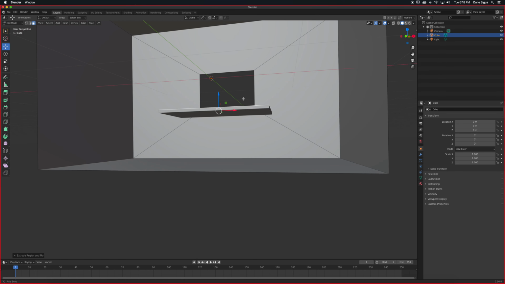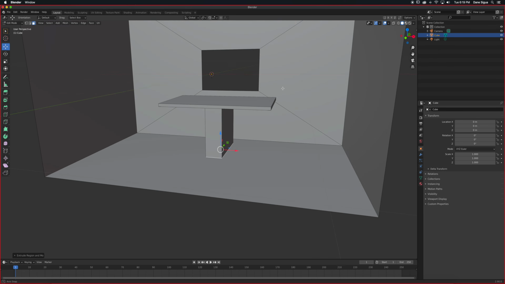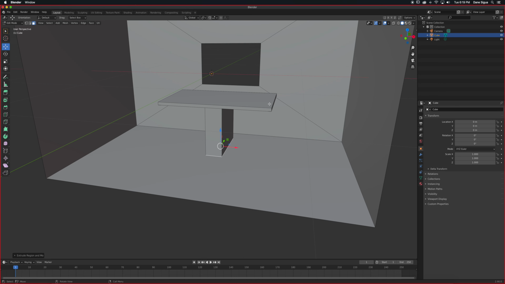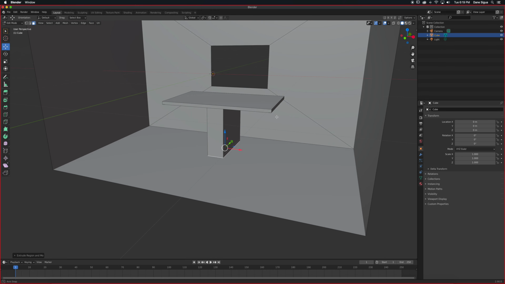Okay, and then I'm going to select the bottom right here. I'm going to click on Inset Polygon again, or press I. There we go. I'm going to scale that along the X, and let's say just extrude that one. So we have like a little base for the table right here. Okay, and then we're going to create the chair and or the bench, or like a booth seating right here.